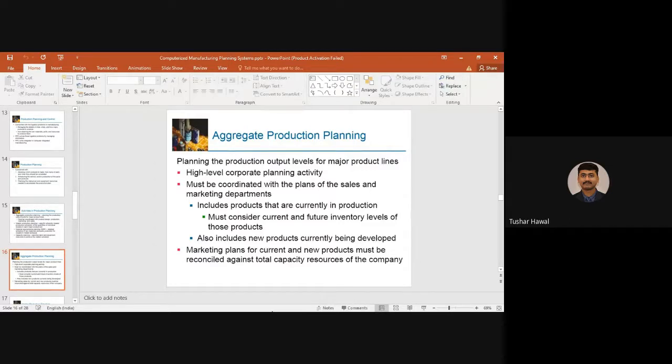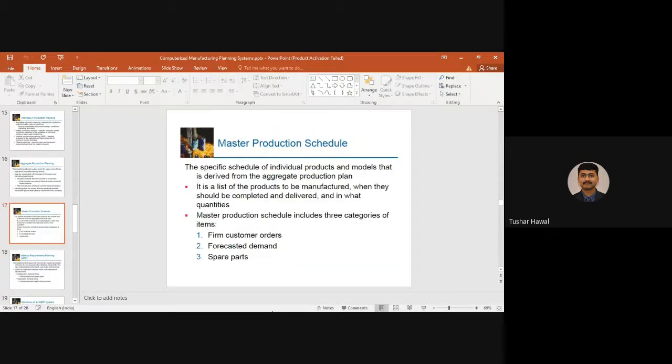Okay, so for all those things, this coordination is required. Now marketing plans for the current and the new products must be reconciled against the total capacity resources of the company. Okay, so that is again a coordination activity which is necessary.